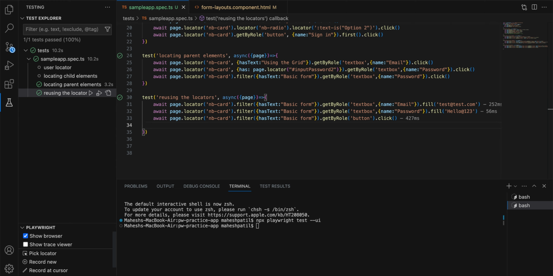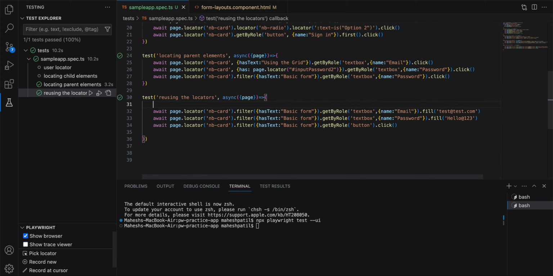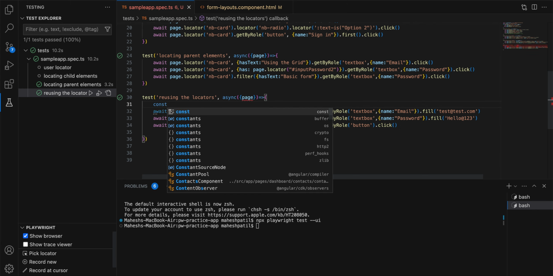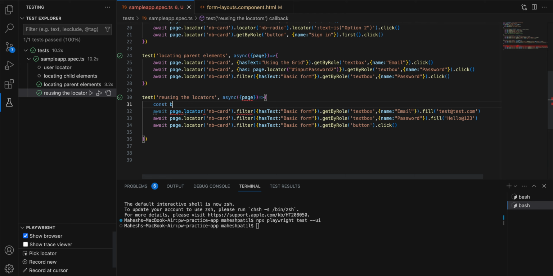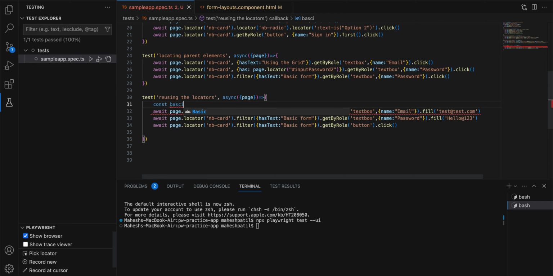Now see here, most of the things are getting duplicated, right? Everything up to here, page locator nb-card filter basic form, is duplicated. How can we avoid this? In order to avoid this, we can extract the locator into a constant and reuse it. Let's create a constant here: const basicForm is equal to